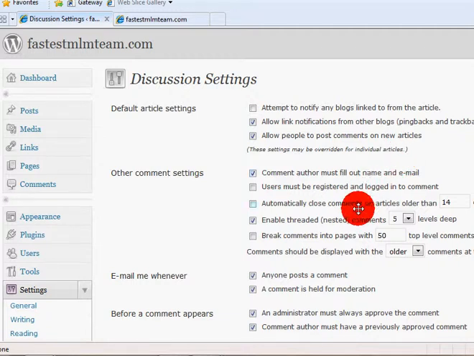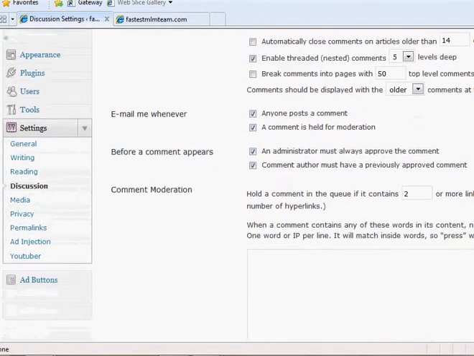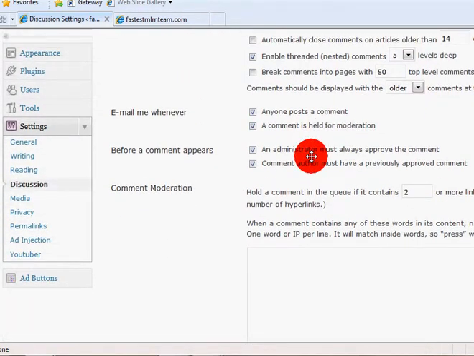And another important one that you want to make sure is checked, and I think it's checked by default, but you want to make sure it's checked. An administrator must always approve the comment. That way, you will have to approve a comment before it shows up on the blog page. This way, you can keep people from spamming you. And there's also something else. There's a widget that I'm going to suggest